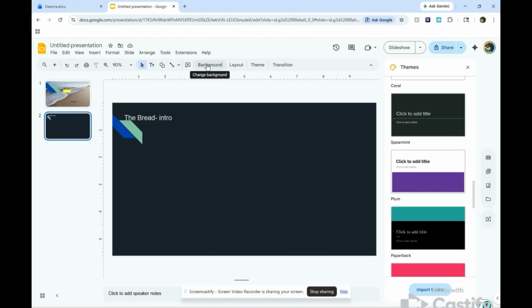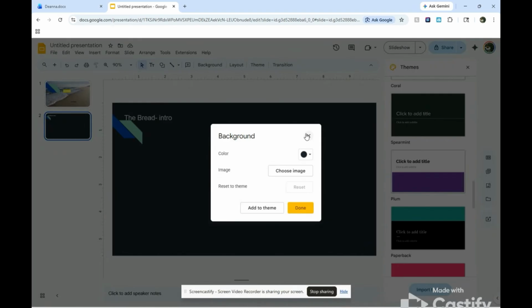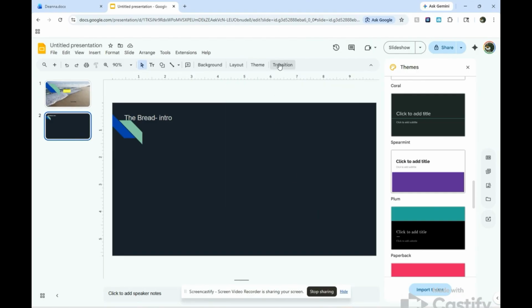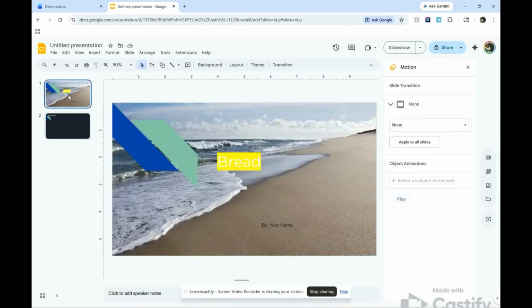So as I said, this is background, that's just the color. Layout is just however you want it to look, like the title slide, section header, title and body, one column, title and two columns, title only, main point, and so on and so forth. There's also a blank one if you just want to put it however you want to. There's also transitions as well. So we'll come back to